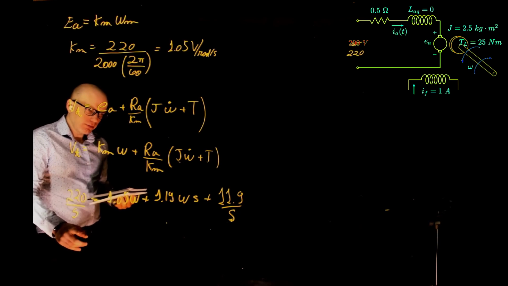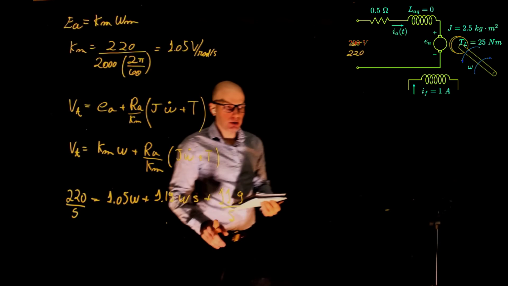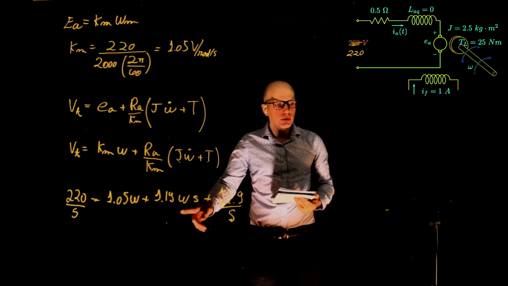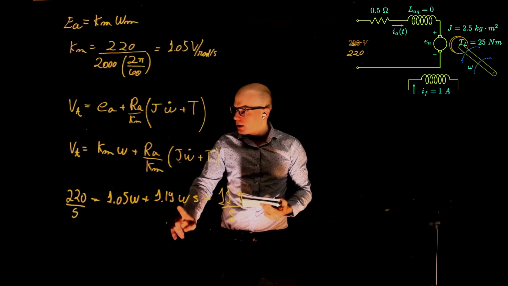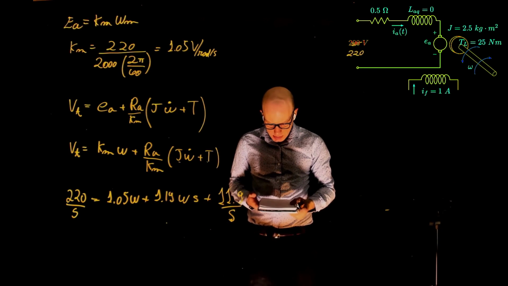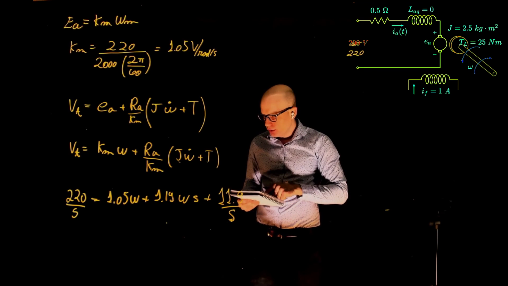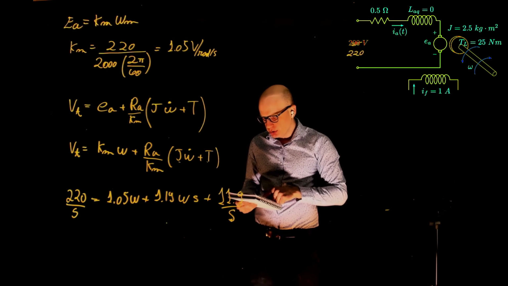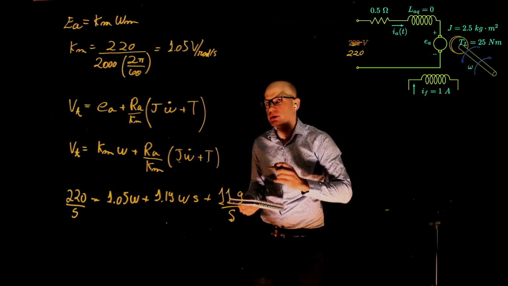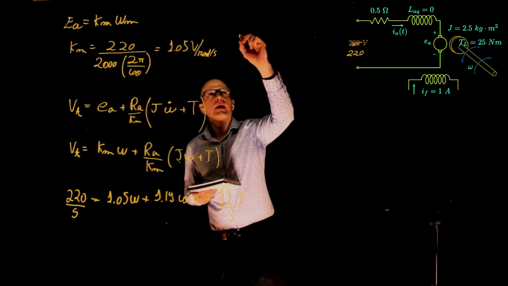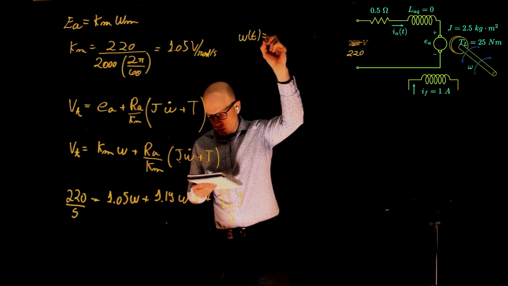And we can now solve for this. This is a simple first order equation to solve for. You know how to do this, right? I isolate for omega and do the inverse Laplace, so I think I can skip that whole part. You don't even need partial fraction decomposition. So I'm going to skip some steps here and just give you the final value for omega of t, which is